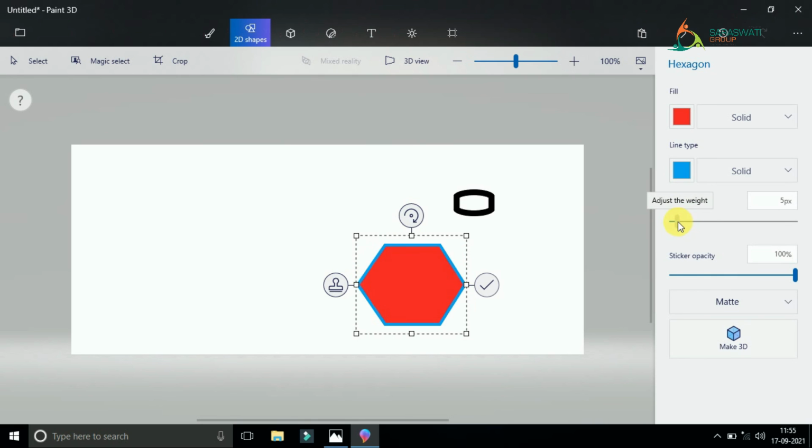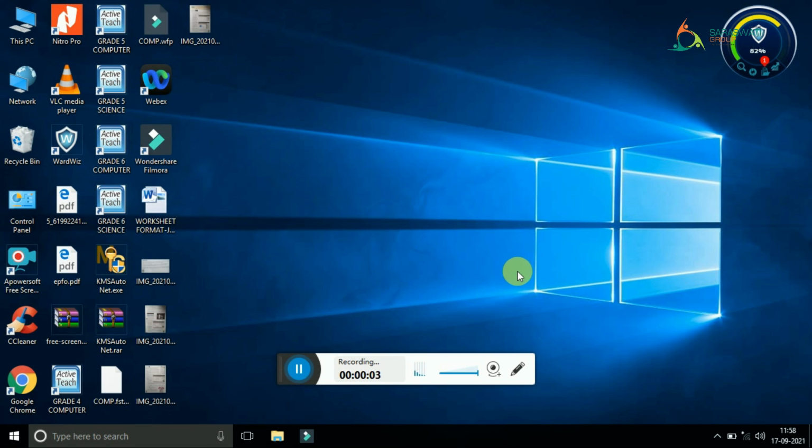Now if you feel that your drawing is completed, you just have to press here on the right. Right? So this shape is ready. So students, now we have completed the brushes and the 2D shapes in Paint 3D. I also told you how to start it. So if you have a computer or a laptop at your home, please download Paint 3D from Google. It's free only, right? And do practice it.